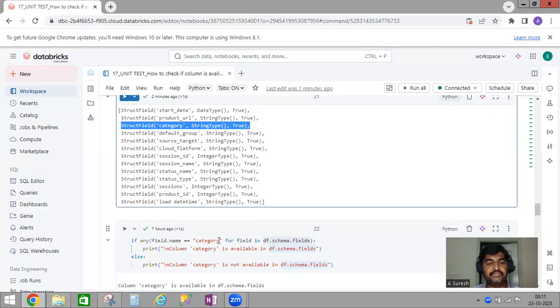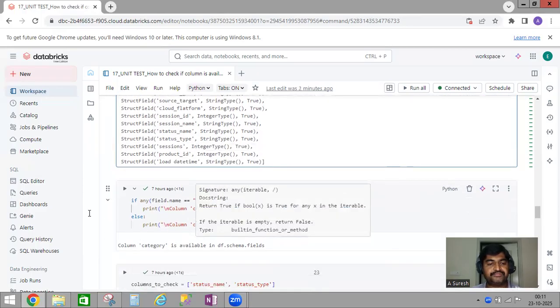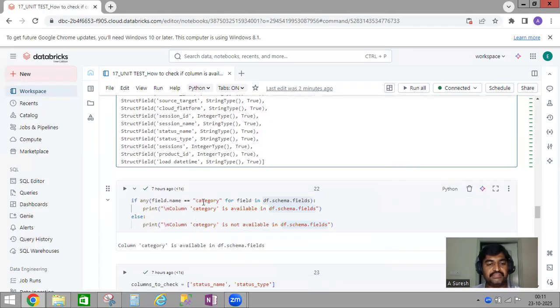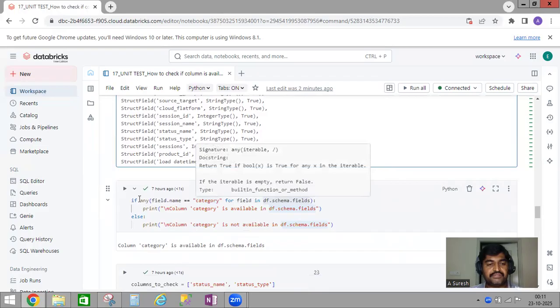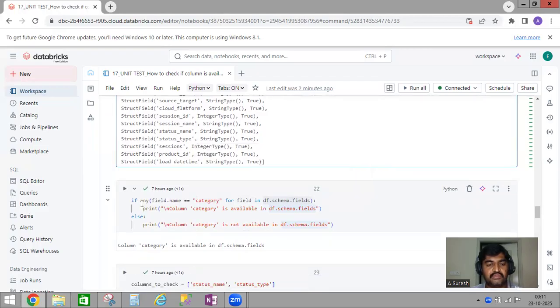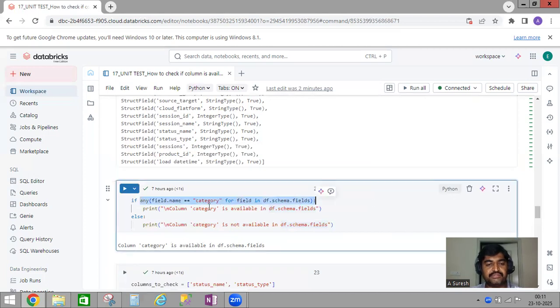This is true. Since this is true, this any gives output as true. That means if the condition is satisfied, it prints that column category is available in